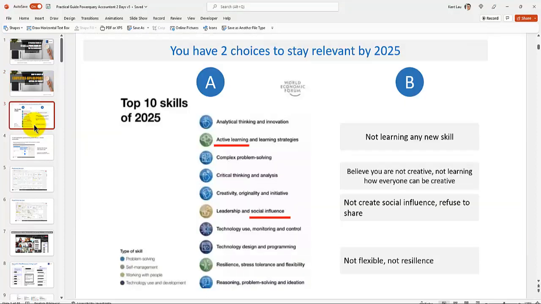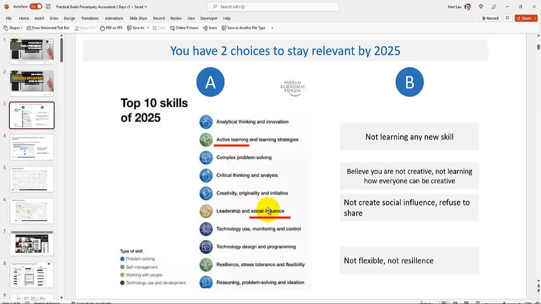Here are the top 10 skills of 2025. And really, there are only two options. One is called A, and the other is the reverse, B. The top 10 skills identified include active learning and learning strategy,